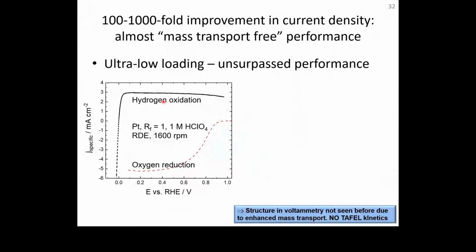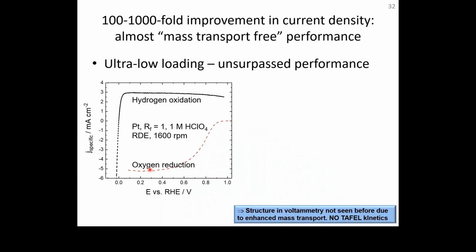And so this gives a comparison from what we see on a rotating disk electrode. This is hydrogen oxidation going into hydrogen evolution on a rotating disk electrode. And you see that on the rotating disk electrode for hydrogen oxidation, you just get a mass transport limitation. As you go down to hydrogen evolution, you start getting bubble formation down this side. Similar for oxygen reduction. Here's oxygen reduction. You actually get a limiting current associated with the fact that you just can't transport enough oxygen to the surface